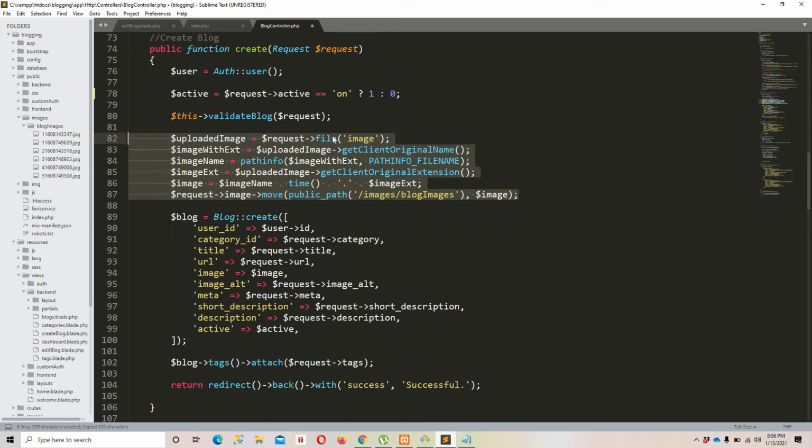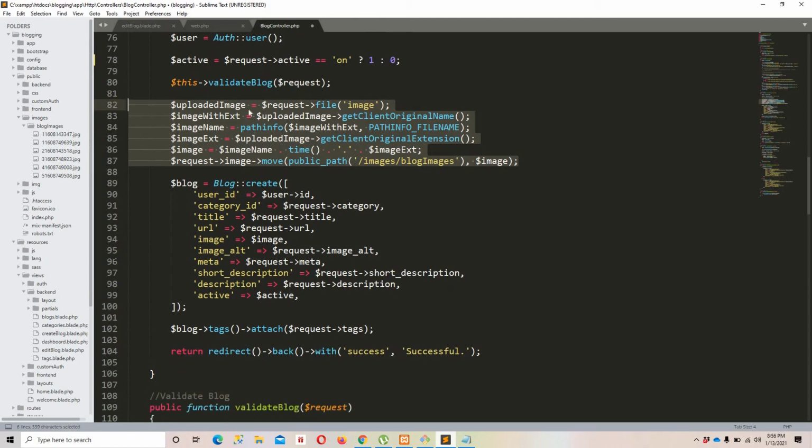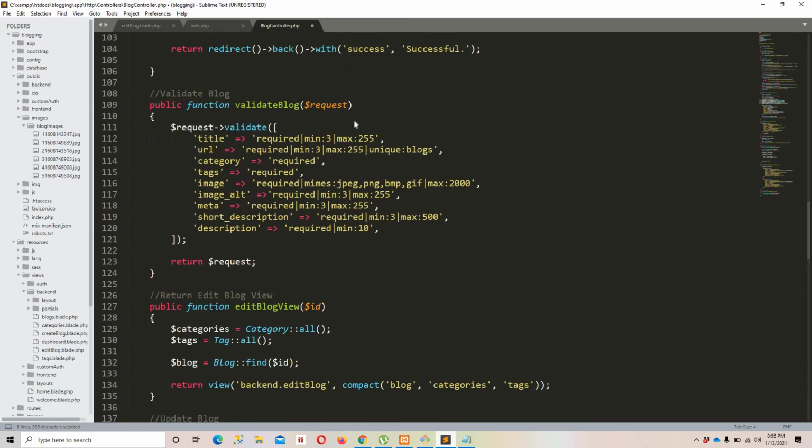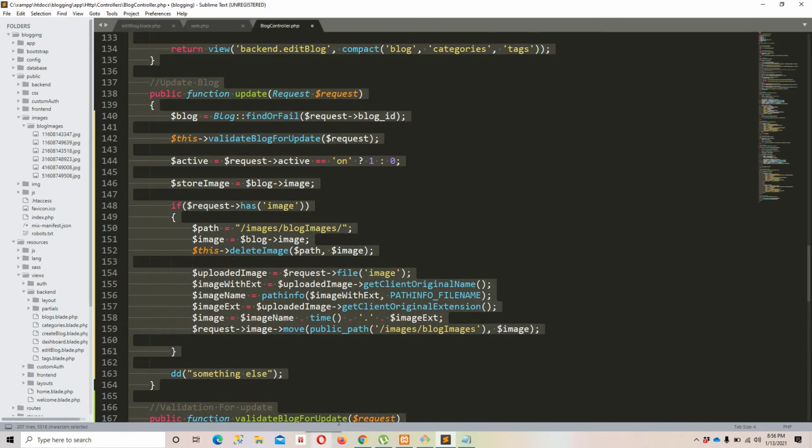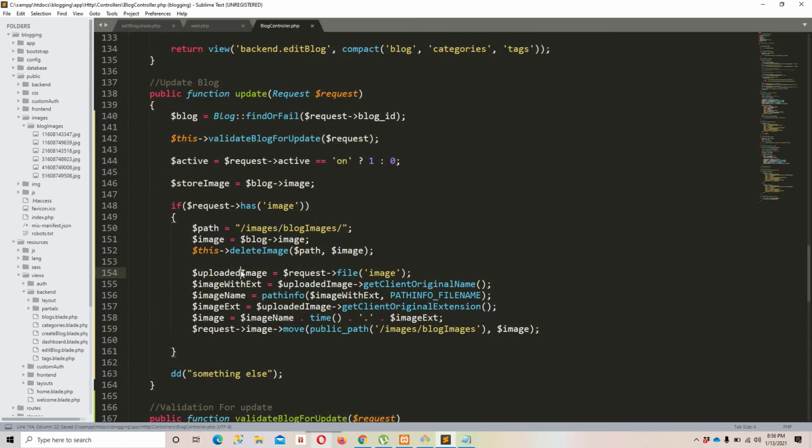Okay guys, we have already implemented and we have seen each of this in great detail. So if you are confused about this, you can review the video once again, because we have already discussed that in great detail, and if you want to, I will explain it to you once again. Let's move forward. Okay, so now I want to upload the new image. So let's say upload image, request file, the image that I'm getting from the form with the help of request file image. Now in the next line, I'm saving the image with extension, and I'm getting the original name of